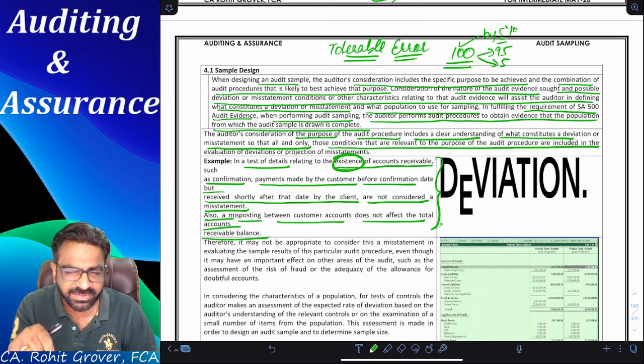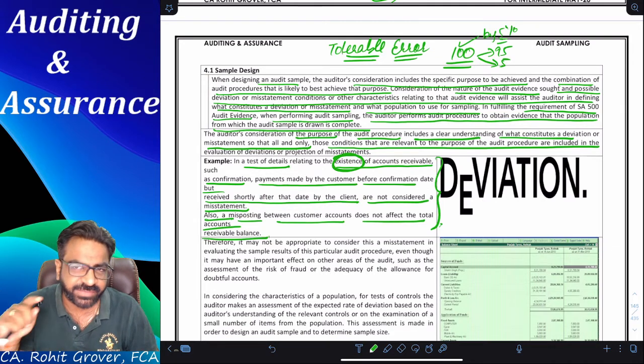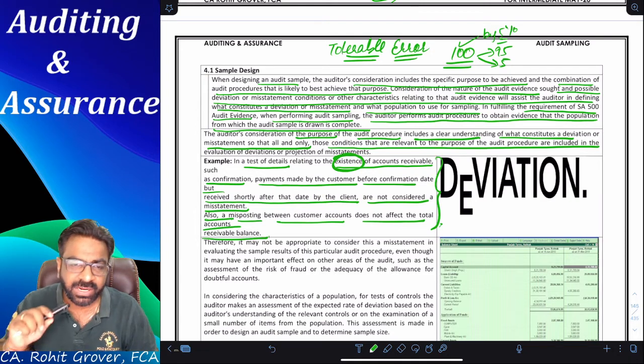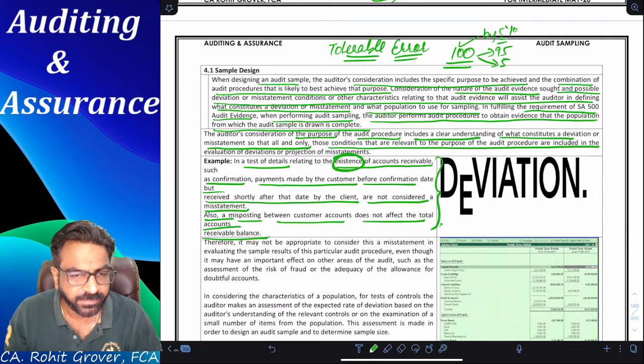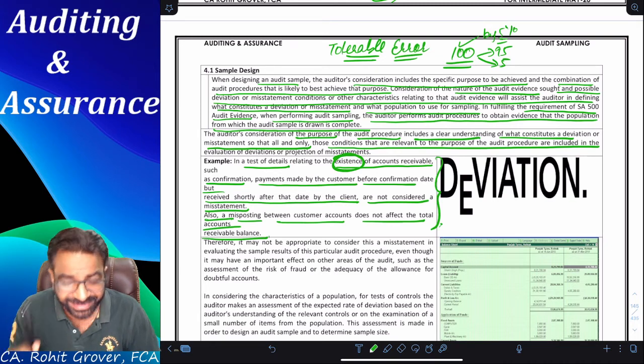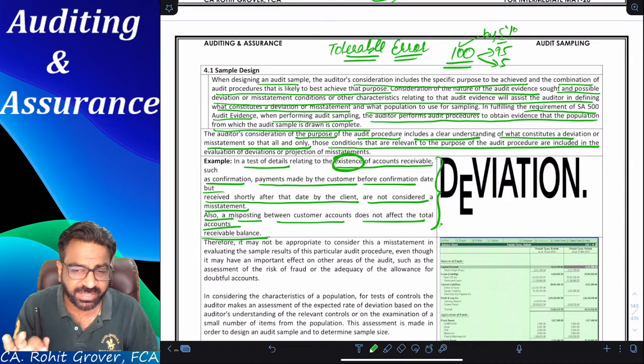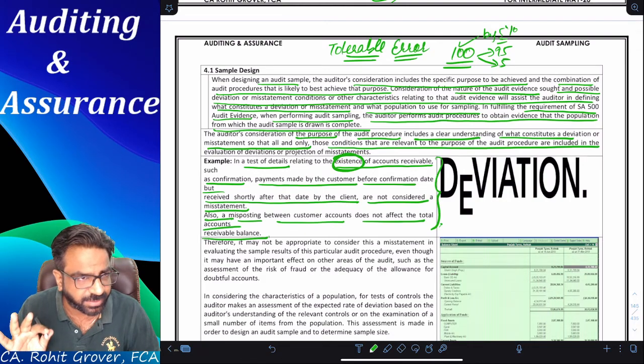That's the reason he delayed one or two days and gave you the check with some excuse. Then in that case, what is the intention of that debtor? To intentionally make the delay, or to unintentionally make the delay? Intentionally make the delay. Then it is known as deviation, and you can say it is a clear case of misstatement. Did you understand the point or not?